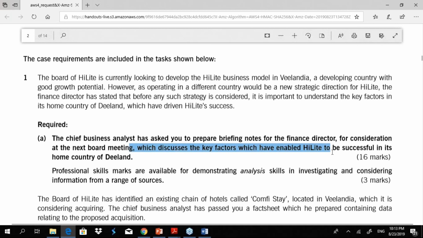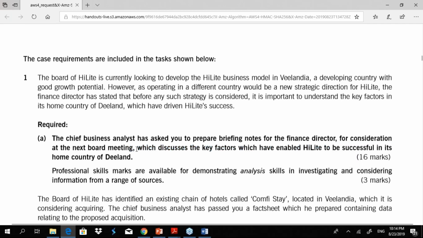Now look at this question, it's a very generic question. Factors that have enabled a business to be successful in its home country. So this is not a technical question. It's something like, what are the strengths of a business? And you get a good 19 marks there. And for a question like this, you will have facts in all the exhibits most of the time.